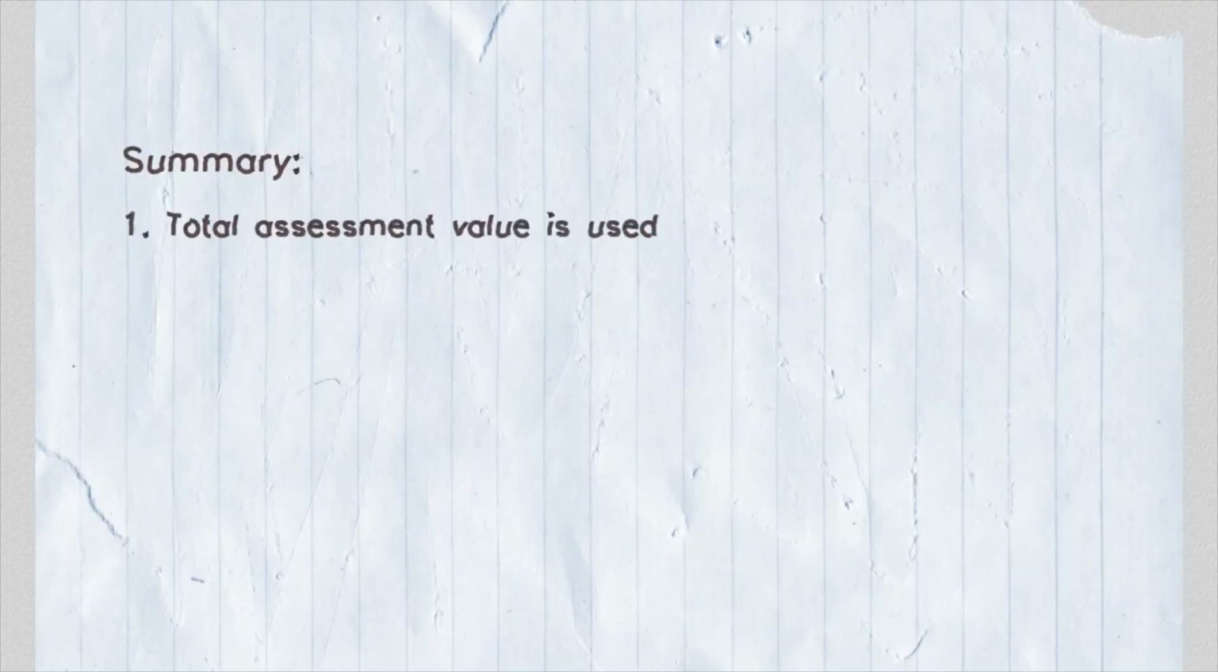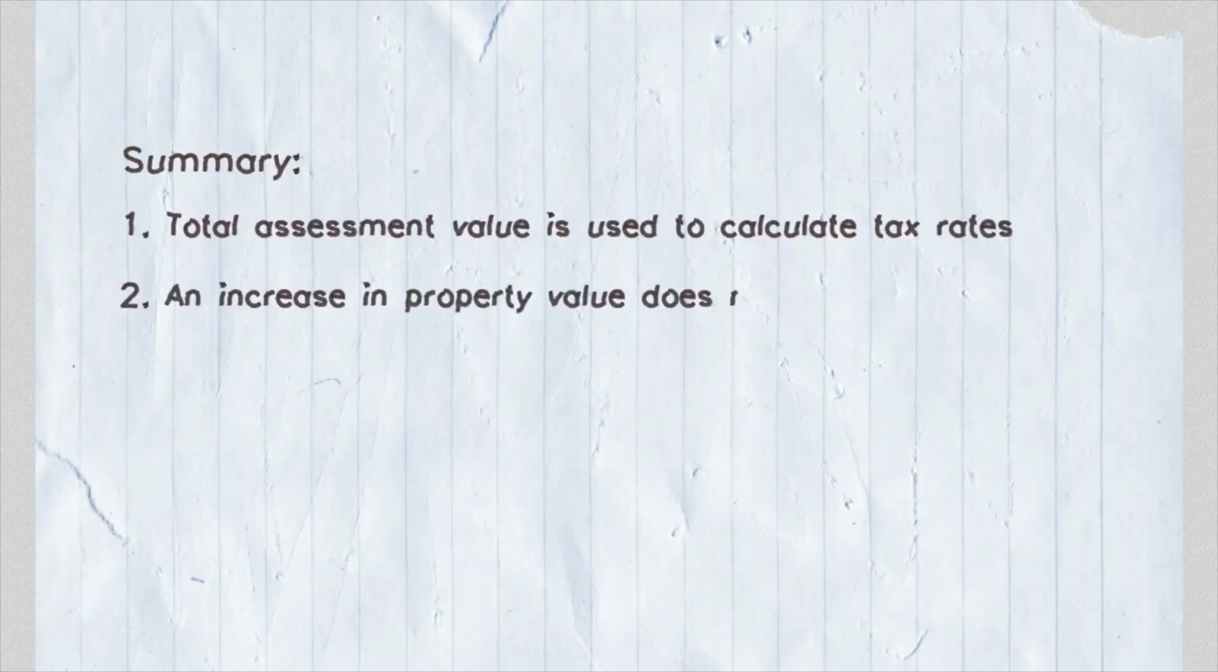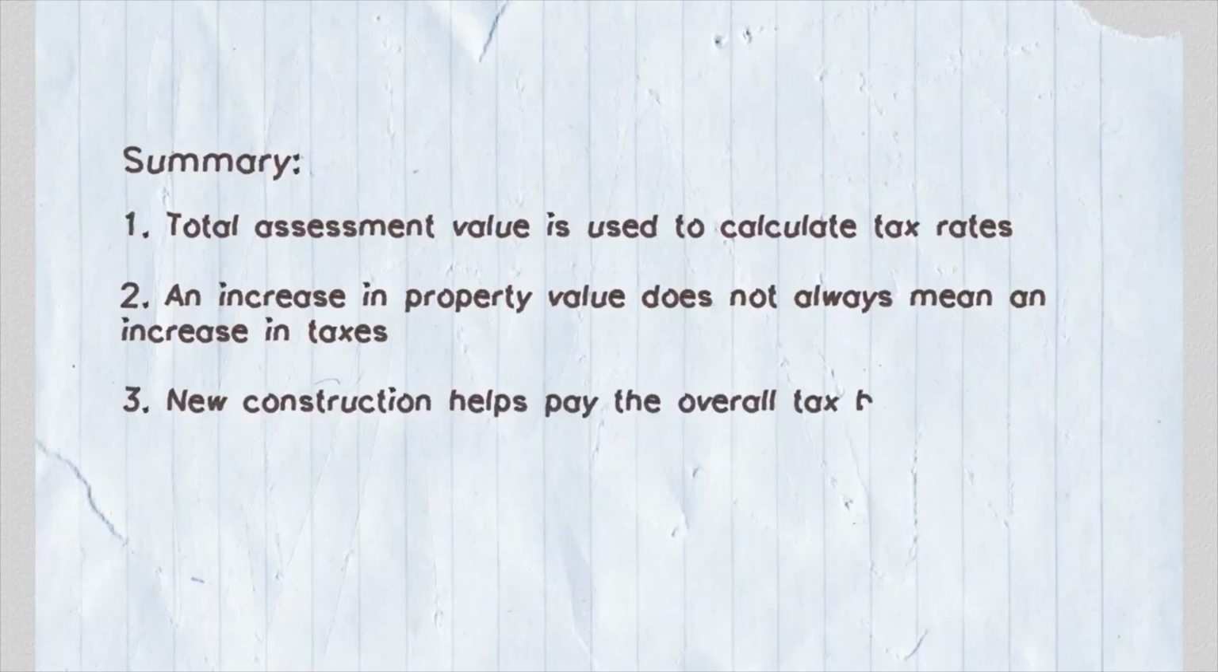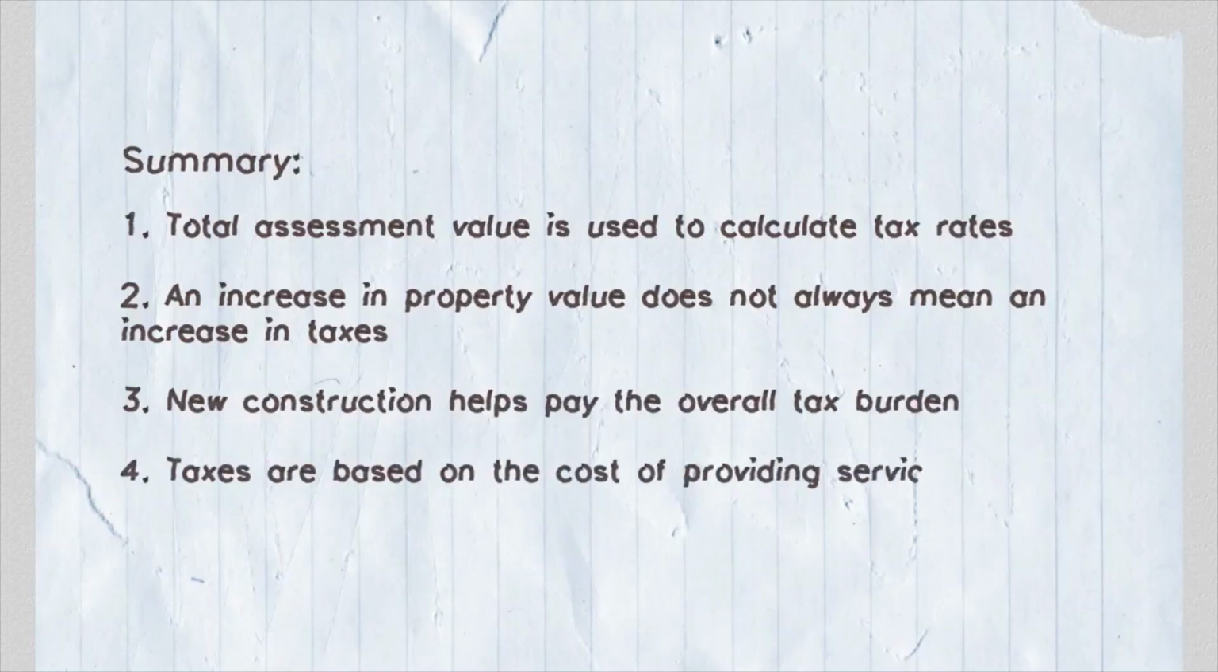This is a hypothetical representation of how the process works. The key points are: 1. Total assessment value is used to calculate tax rates. 2. An increase in property value does not always mean an increase in taxes. 3. New construction helps pay the overall tax burden. 4. Taxes are based on the cost of providing services that citizens want and need. And that explains how assessment and